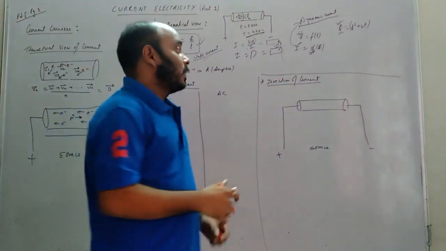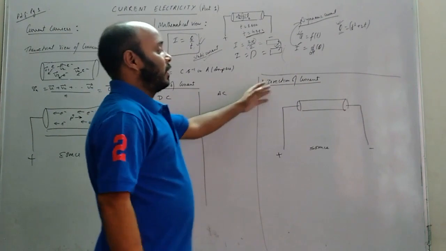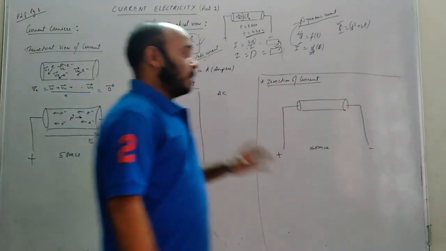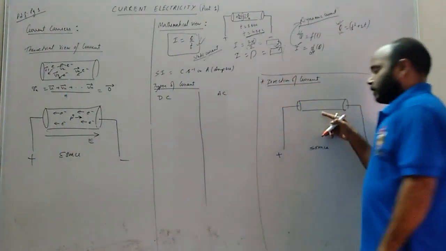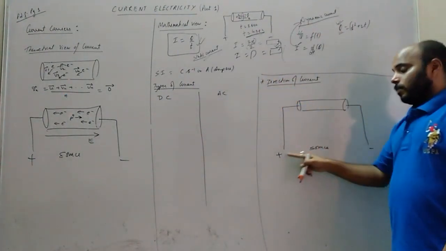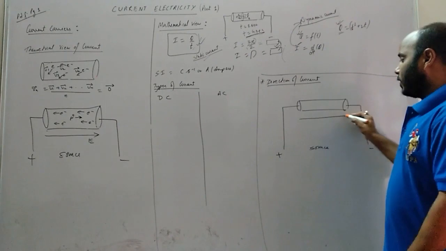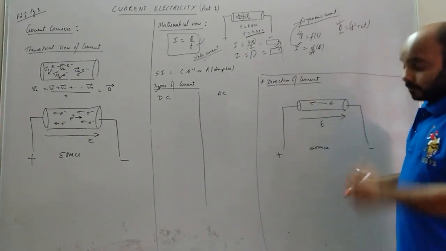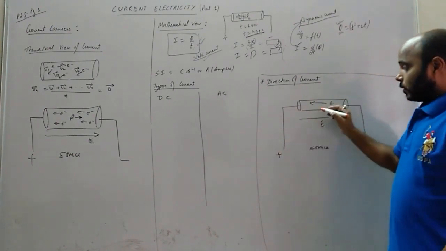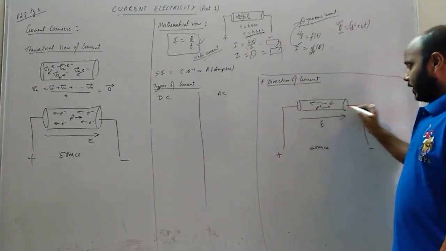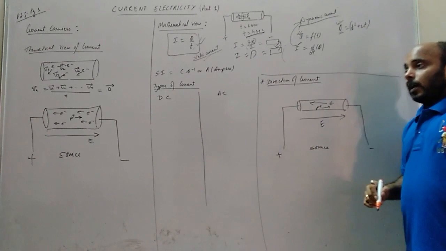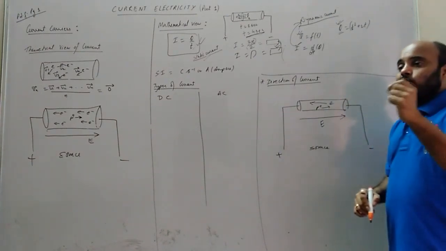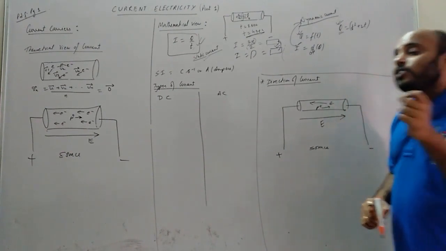Okay. Now, direction of current. Let's discuss the direction of current. Now see, this is a conductor connected with a source, plus, minus. And then this is the electric field. The electrons are traveling in this direction towards positive and the protons towards negative. Now, there are two directions we have to deal with. One is called the conventional direction.